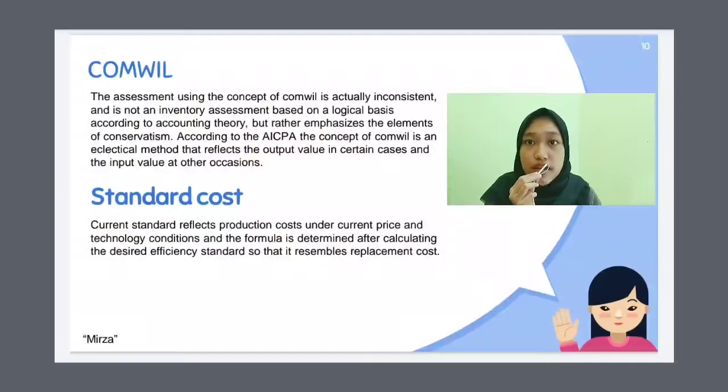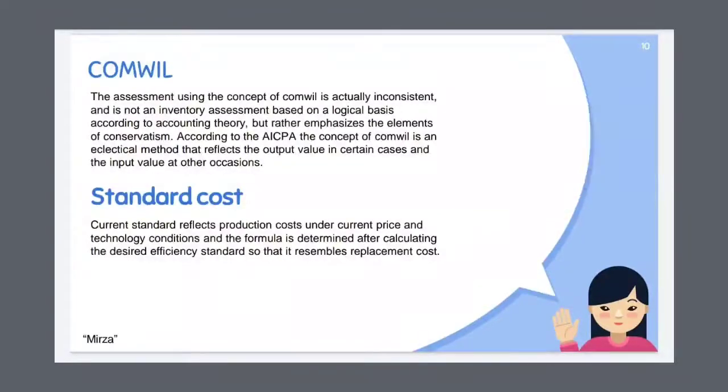The second, current replacement cost. This concept is to reduce the weakness of the historical cost concept. Many authors and the accounting principle recommended using the CRC concept to measure inventory with consideration, as CRC allows the identification of holding gains and losses, as CRC is the current value of inventories.